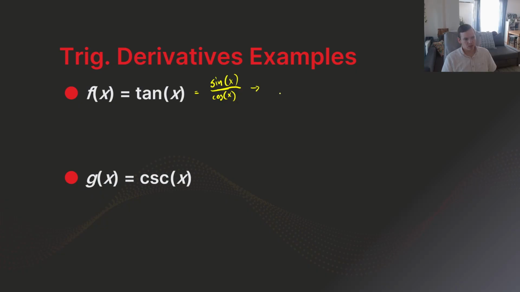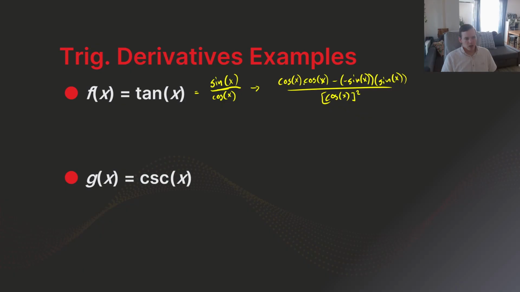I'm going to use the derivative of the thing on top, so I get cosine of x, times the thing on bottom, cosine of x, minus the derivative of the thing on bottom, which is negative sine x, times the thing on top, which is sine of x, divided by the denominator squared, so cosine of x